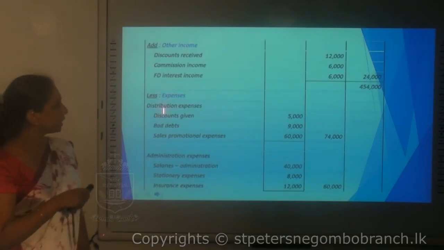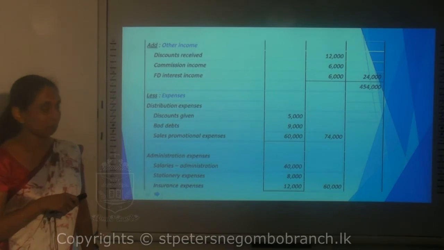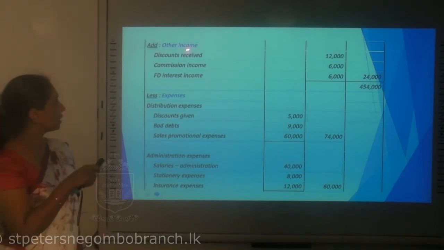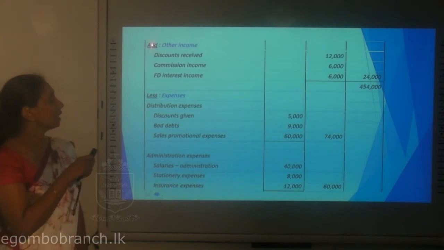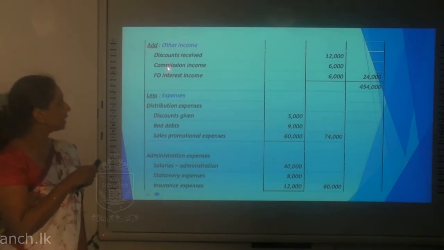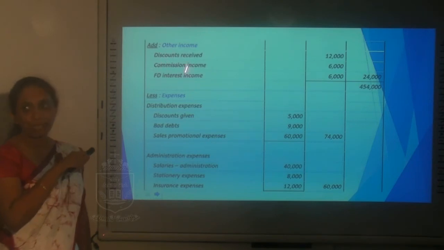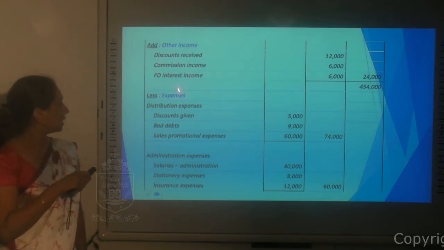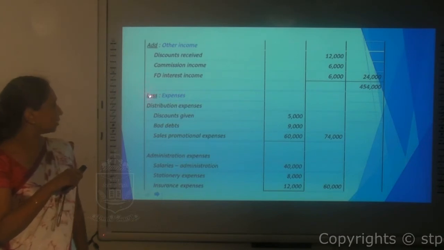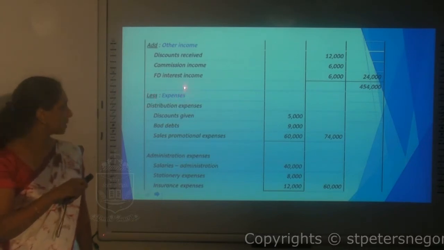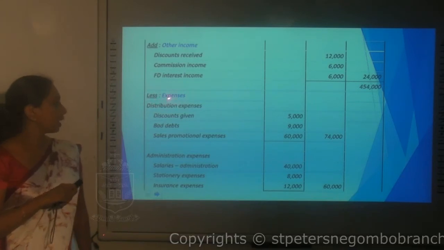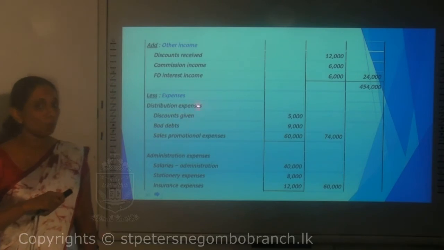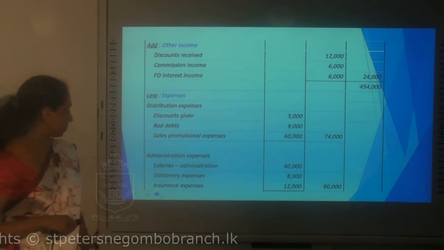So you can continue with the profit or loss statement after the gross profit as well. So you know after the gross profit you have the other income. So you will be adding the other income and leave some space to mention whatever other income figures are given in the question. And after that you can say that you are deducting the expenses, and in that also you can mention the different categories of expenses by keeping some space to write down the line items.